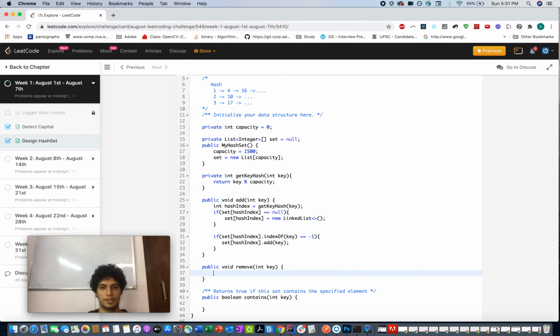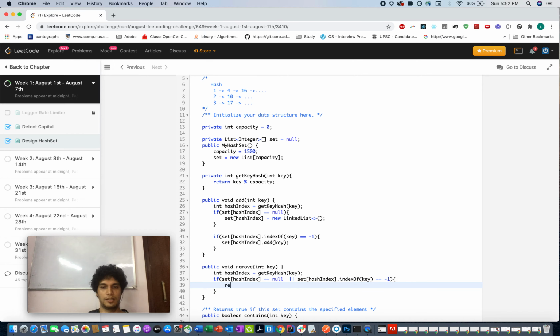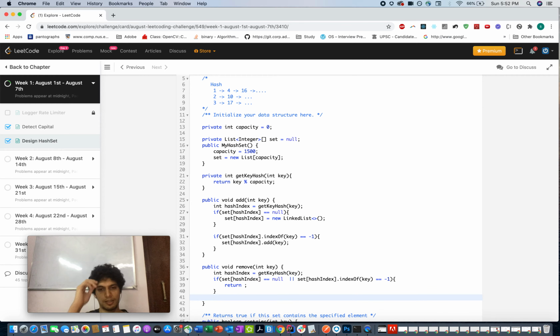Sounds good. Again, in a similar way, hash index get key hash of key, generating the key, if set of hash index is equal to null, or set of hash index dot index of key is equal to -1, it is not present, simply return. It is not there, so we'll return.